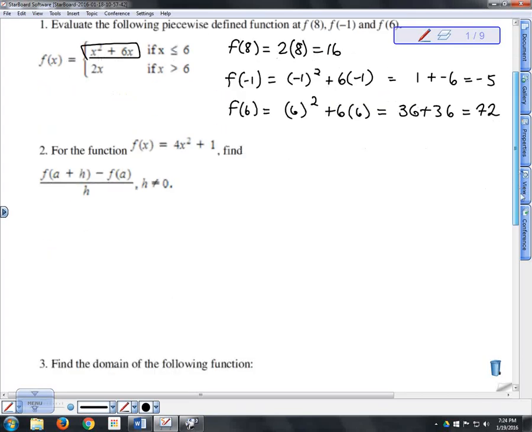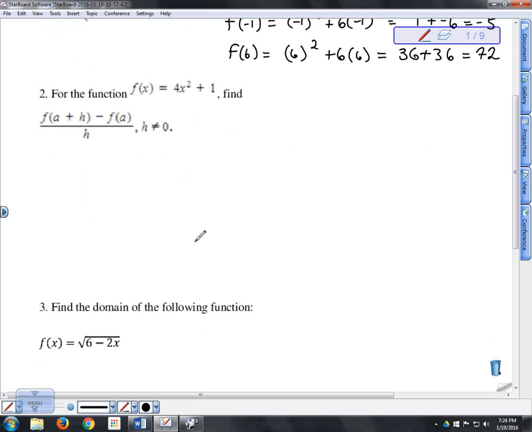Question 2, evaluate the difference quotient. The way that this was presented in class is to break this down into different pieces. F of a, f of a plus h. So f of a, you simply place an a into the function for all the x's, so that becomes 4a squared plus 1. f of a plus h